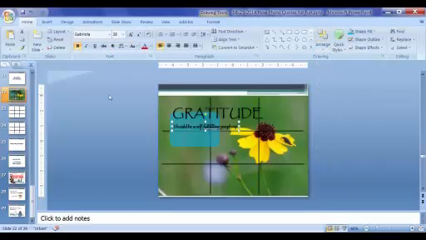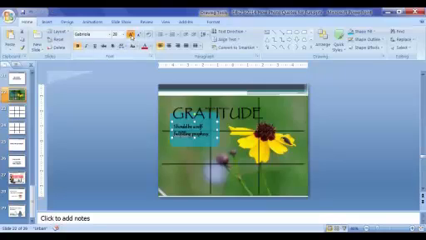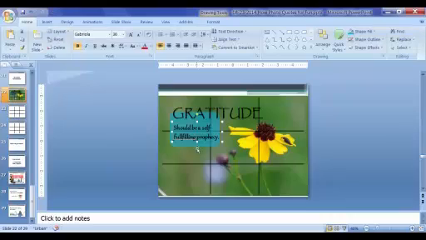And I like Gabriola as a text font, as a script, so I'm going to use that. And I'm going to fill this in here. I'm going to make it a little bit bigger so that people can see it. Oh, I like that. And then I'm going to move my little box around a little bit, and I think